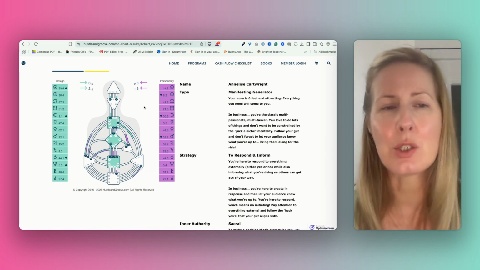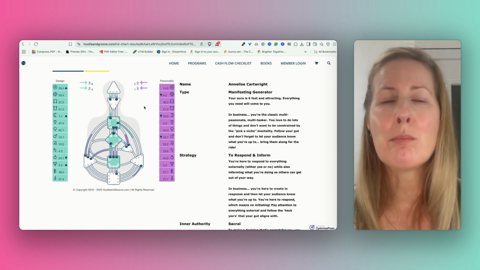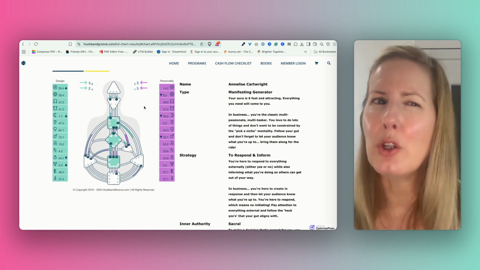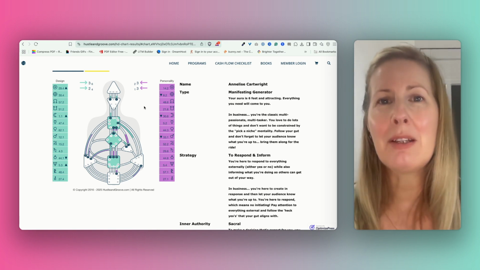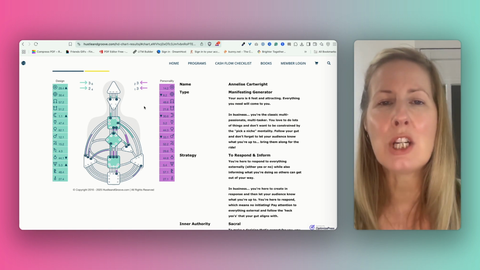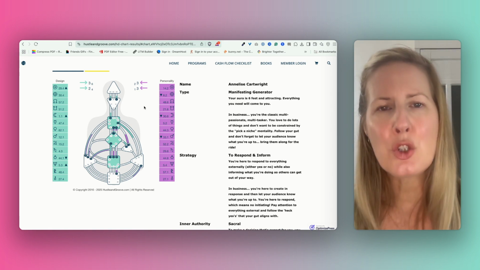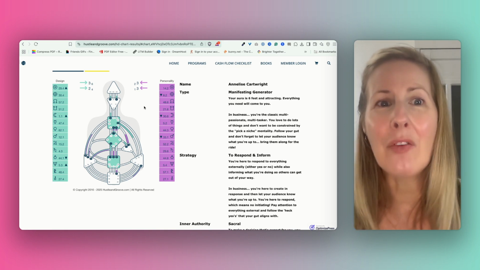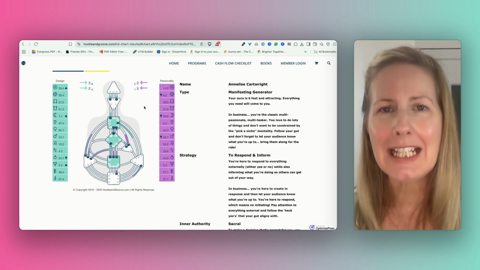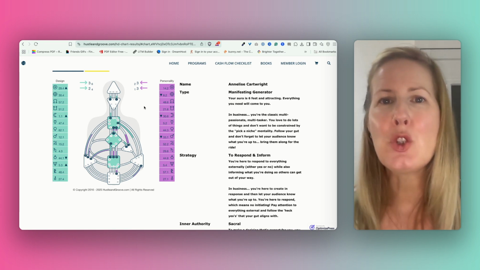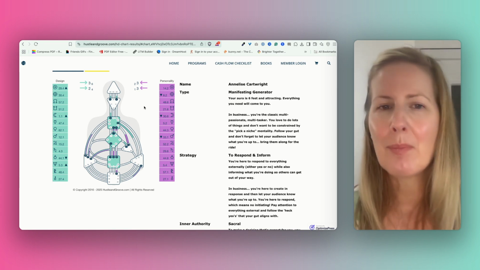And conditioning is just normal. We are all exposed to it. There are pockets of time in our lives where most of us can go back and go, you know what, something just worked really well. And this will probably be reflected back to you in your chart in all the elements that are there. Because when we do things in alignment, in other words, when we just do the things that are naturally easy and fun for us, and we don't allow other external factors to influence us, then things just work.